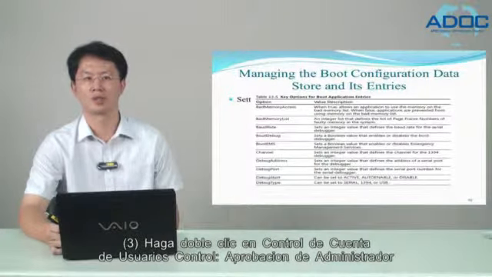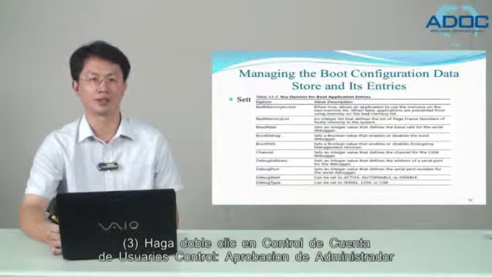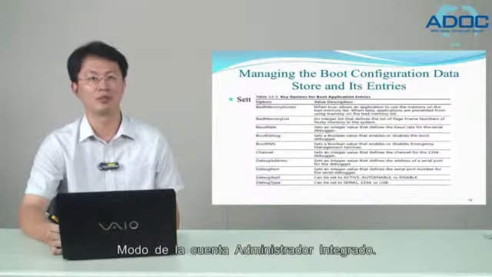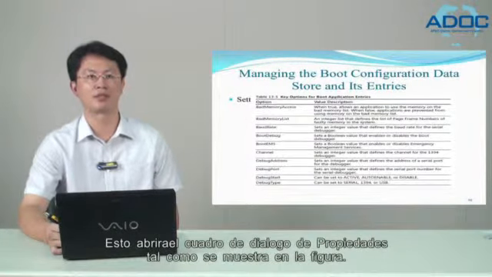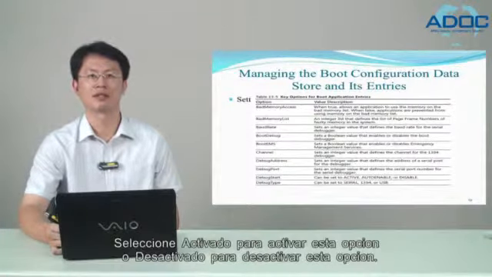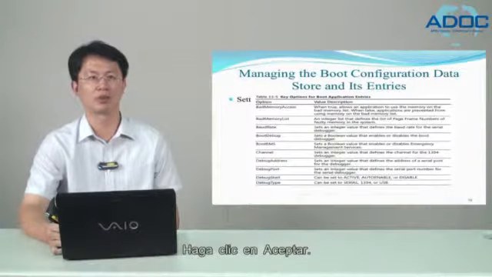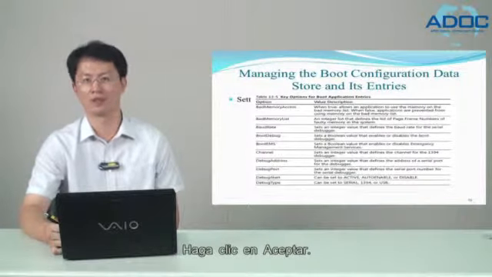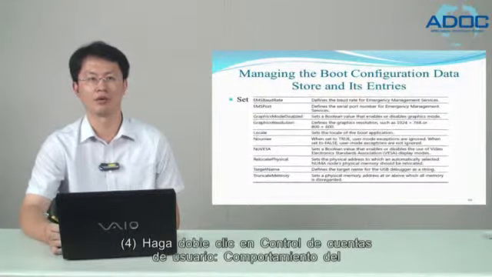Third, double-click User Account Control: Admin Approval Mode for the built-in Administrator account. This opens the related Properties dialog box shown in the figures. Select Enabled to turn on this setting or Disabled to turn off this setting. Click OK. Fourth, double-click User Account Control: